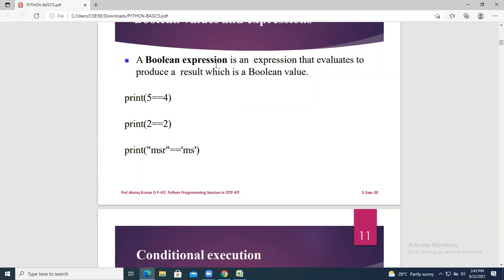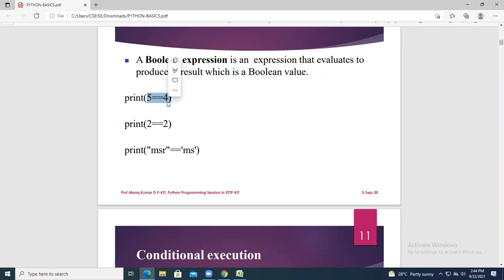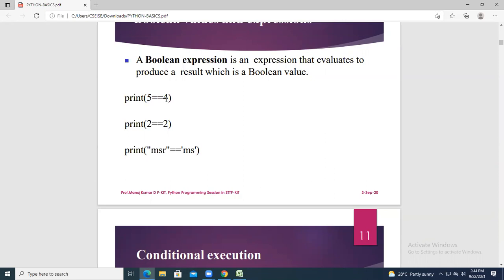So here we will give an expression, and it should give a result which is a Boolean value. That means the condition value should be true or false. The first one we have taken is 5 double equals 4. Double equals is the comparison operator. Is 5 double equals 4? No, false.